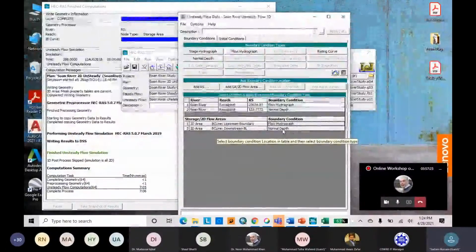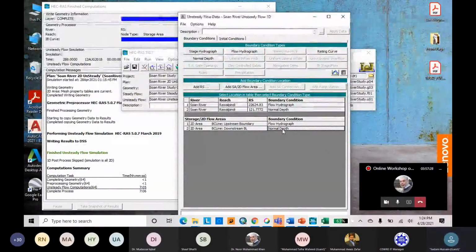Flow hydrograph we basically recommend at the upstream boundary condition. On the downstream boundary condition, if you have additional data for calibration and validation, you can use stage hydrograph or rating curves also, because they are the indication of your specific cross section at a specific location, at which the stage hydrographs have been developed. So it can be best suitable to use in the calibration and validation process at downstream.